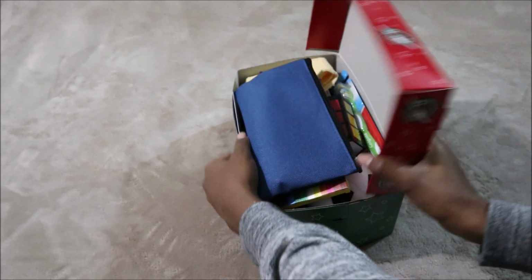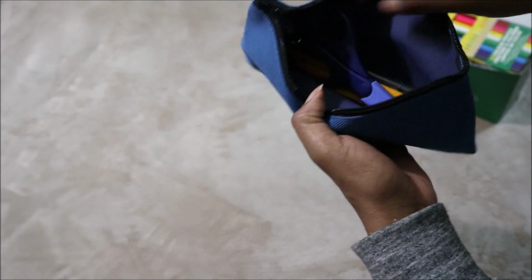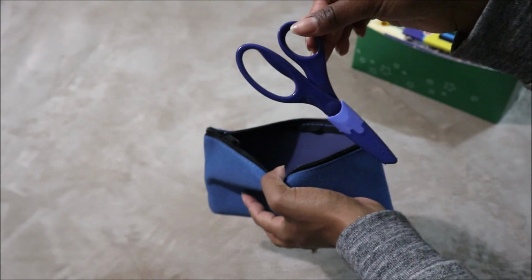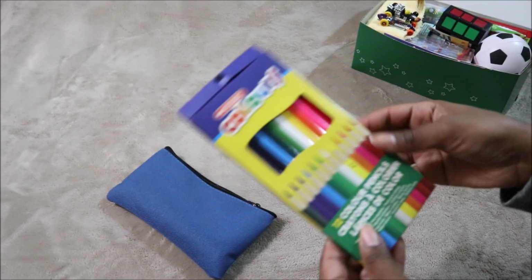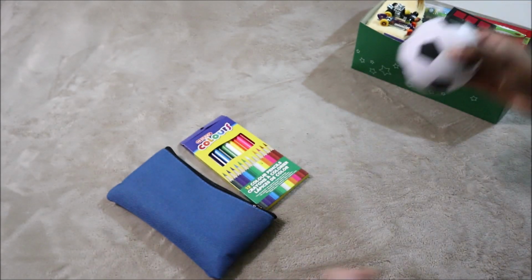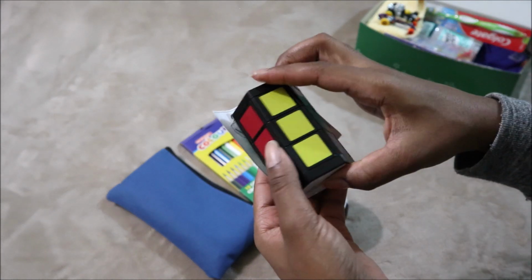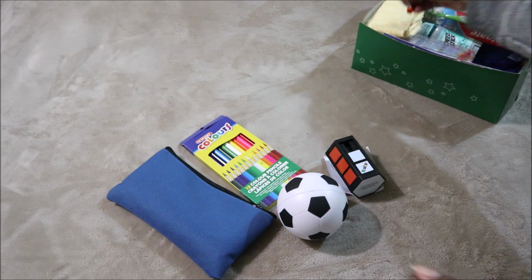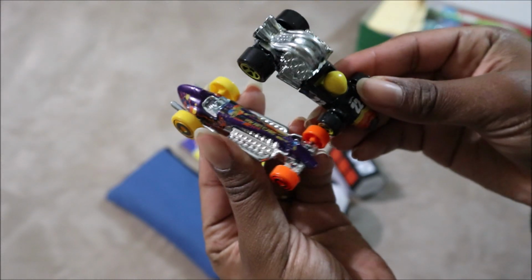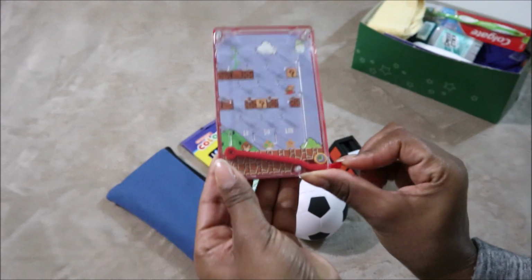Here's a quick overview of how inside the box looks. So the first thing that I included is a pencil case, and inside is pens and pencils as well as safety scissors. And next is some pencil crayons, a soccer ball. This is really cool, this Rubik's Cube game, and some Hot Wheels race cars, and then this Mario game,